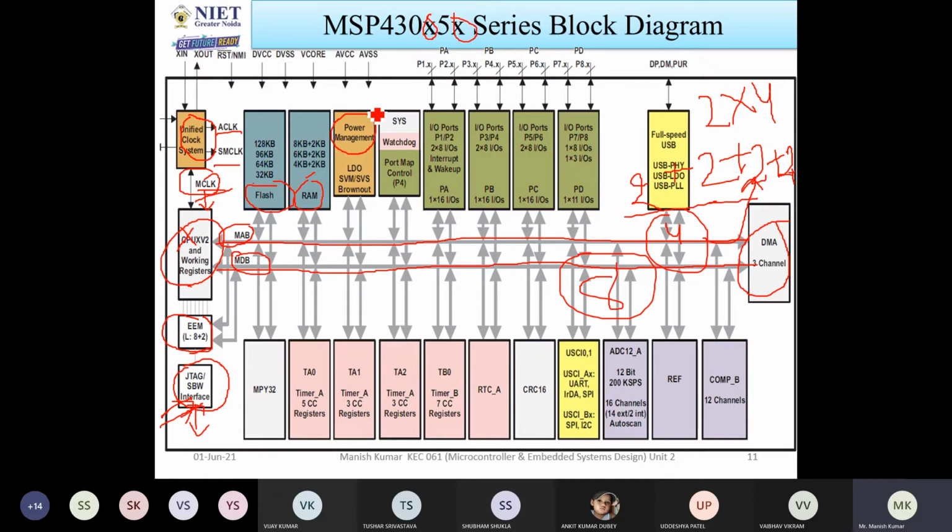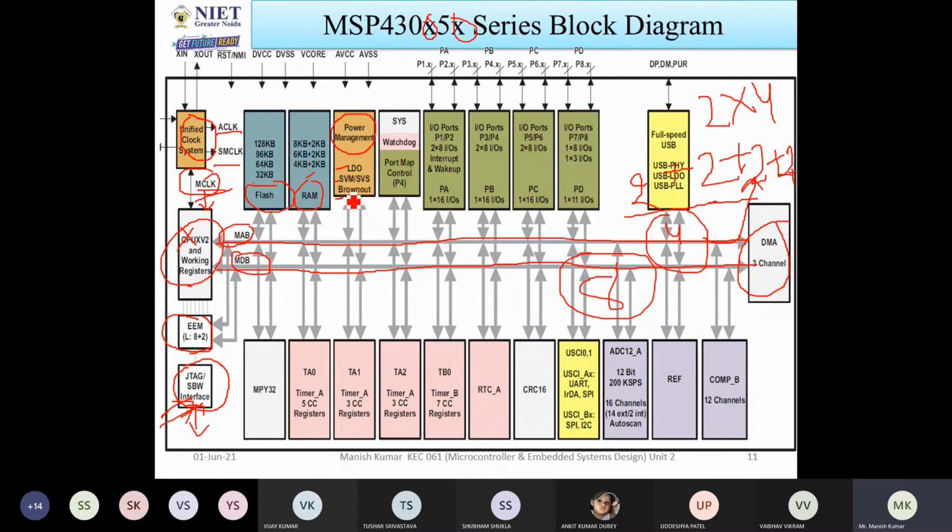So there are 3 things within the power management module: LDO, SVS, and brownout. So these 3 different circuits are available. LDO is called low dropout voltage regulator. BOR is called brownout reset.